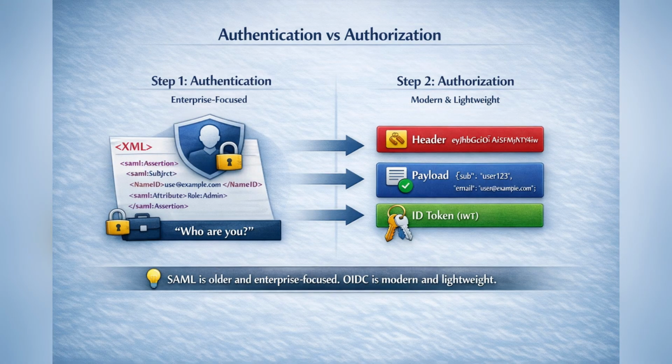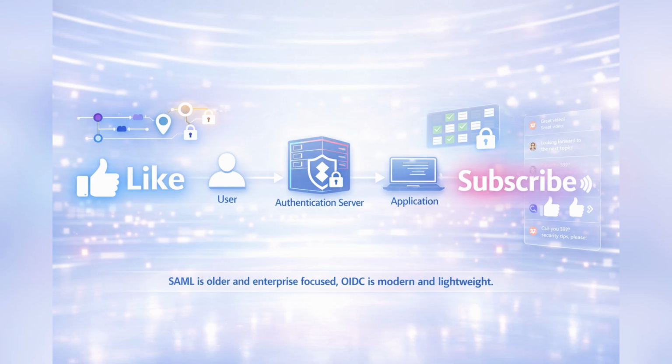Authentication is about identity. It answers the question, who are you? Authorization comes after, and it answers a different question. What are you allowed to do? Getting this distinction right is essential for building systems that are both secure and scalable. And that's a complete breakdown of authentication, from the basics all the way to modern systems like JWT, OAuth 2,